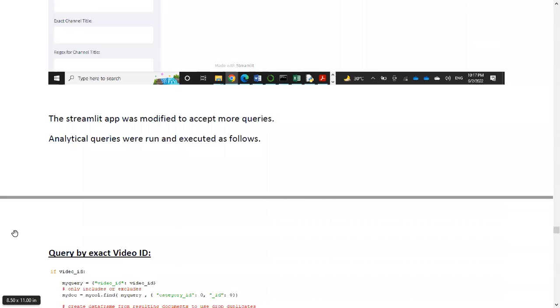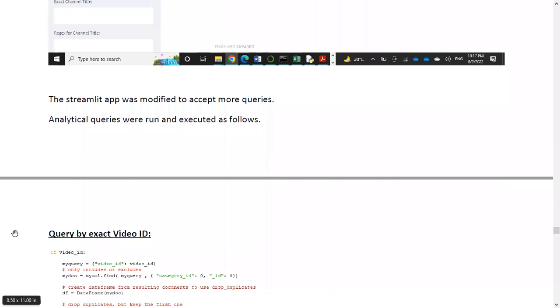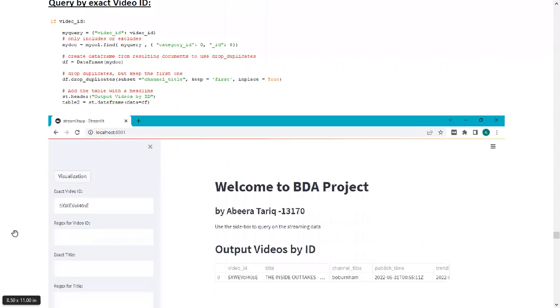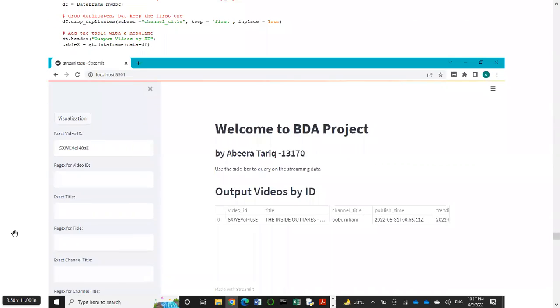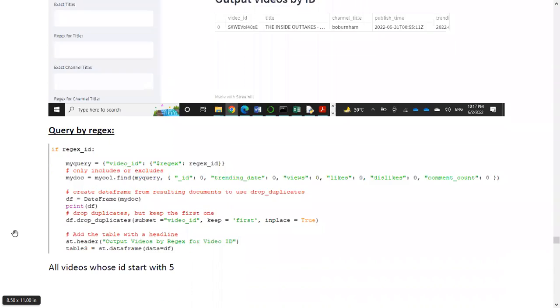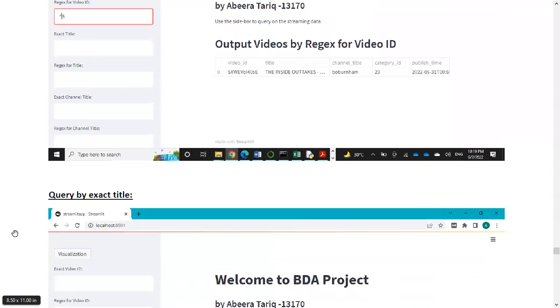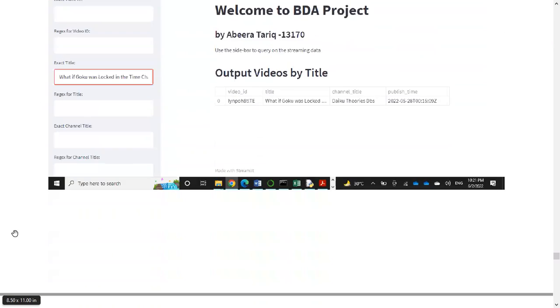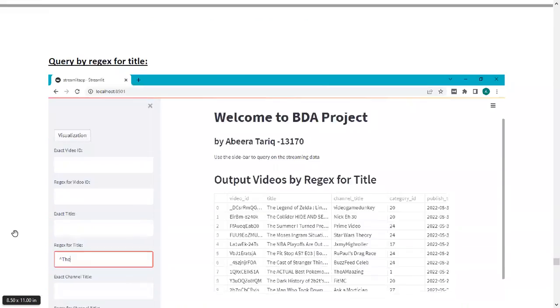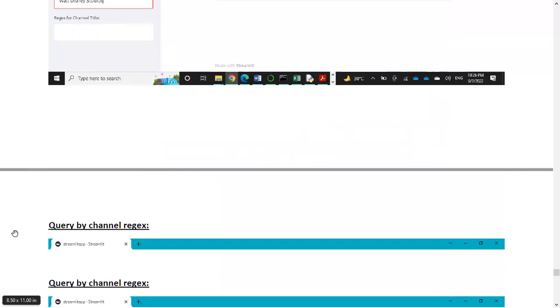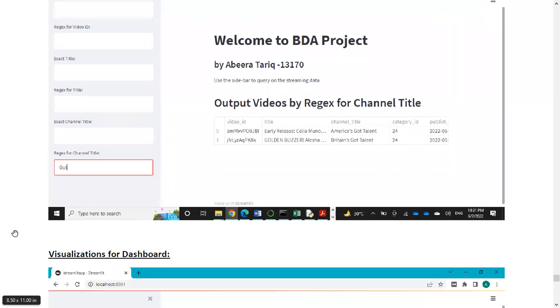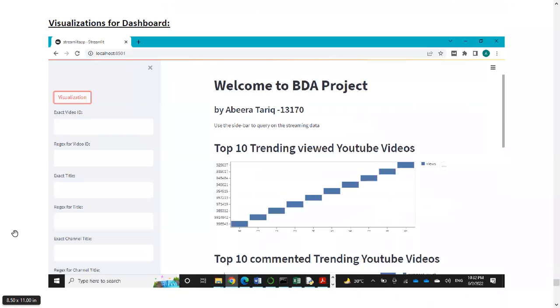So the user can input anything they need and will get the result. By exact video ID, you get the result in the form of a table, a data frame actually. Then by regex you also get another output, by exact title, then by regex for the title, exact channel, regex for the channel, and then we also have visualizations for the